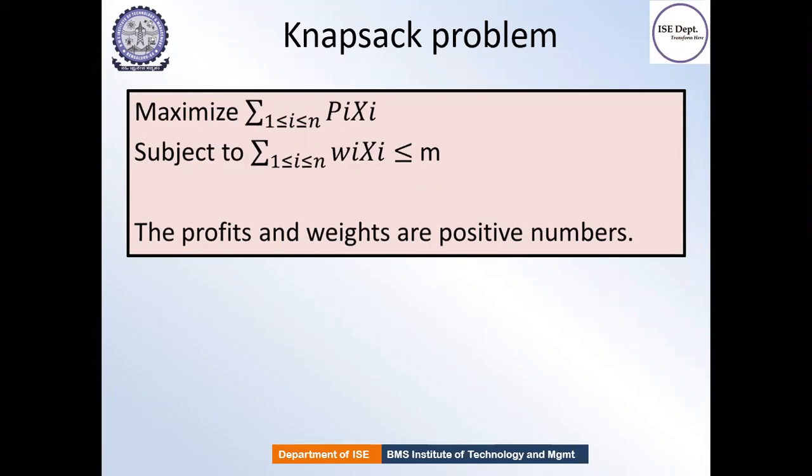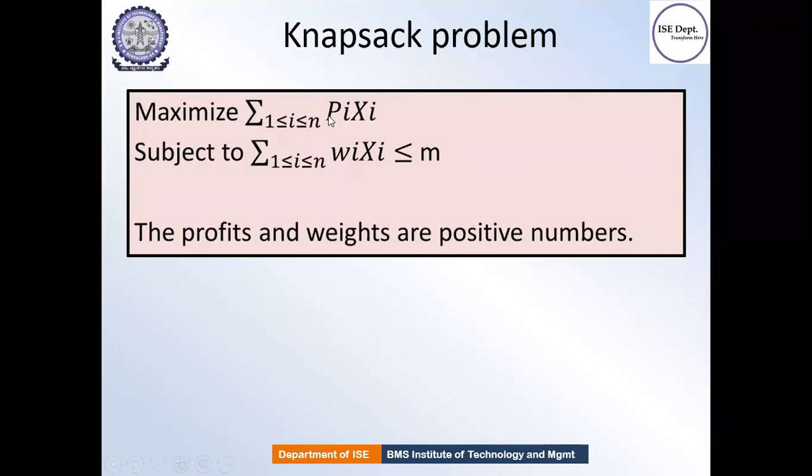For example, any hardware devices cannot be divided. So the entire object, with its entire weight, has to be placed into the sack or bag, correct? Such objects are usually represented with 1 or 0. So you can also call this problem the 0/1 knapsack problem. We are going to maximize the profit, that is, the summation of each selected object multiplied by the profit of that respective object. So that should be maximized, and it is subject to a constraint.